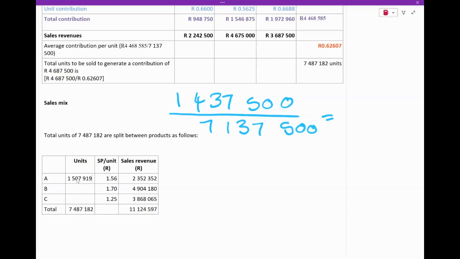So typically, I don't know what they put in the back of your textbook, but practically speaking, this is the correct answer. Even theoretically speaking, this is the right answer. Because remember, we cannot round down when it comes to units. We can't give 0.45 of a unit. We're going to have a very dissatisfied customer. Right, so the second one,